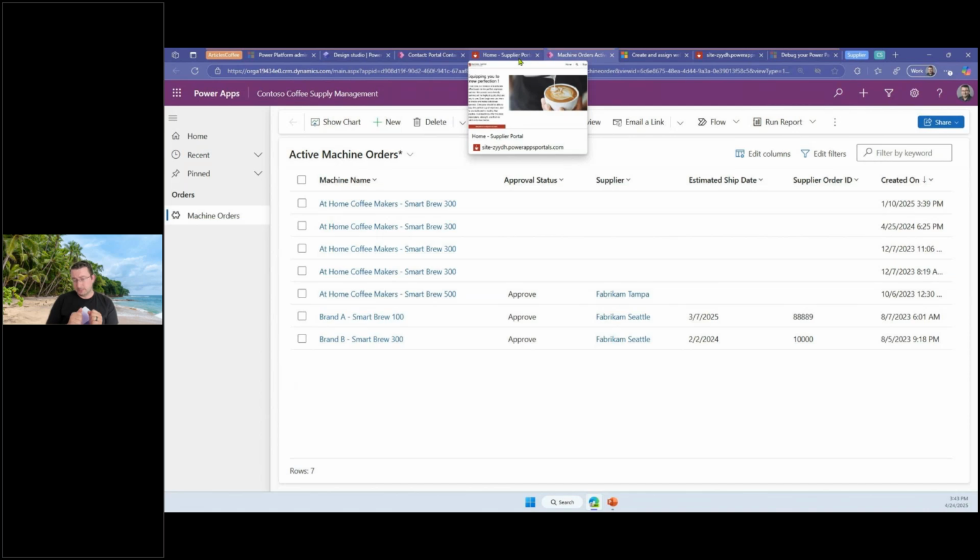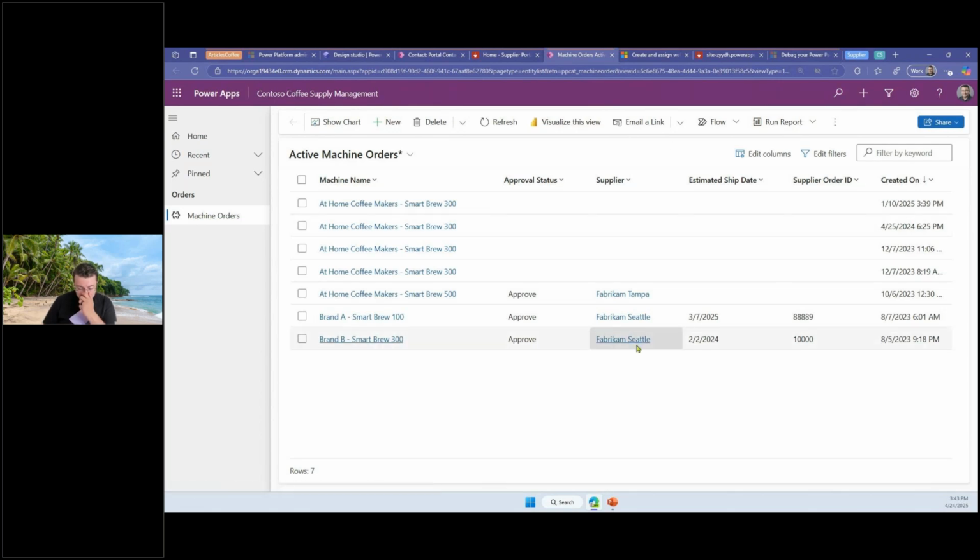There is a model-driven Power App to manage these orders and approve them. And then we've said, listen, it's probably not efficient for us to export to Excel and manage the order processing with our suppliers. Let's build a self-service portal for suppliers in Power Pages. So you'd step it up and extend that solution by adding a lookup to a supplier, which is a